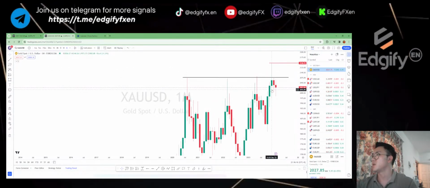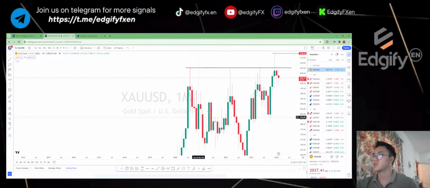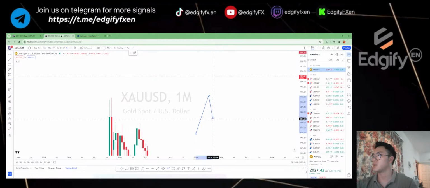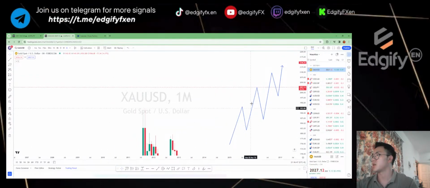Okay, so based on this as well, even though it has an all-time high, it doesn't mean that it's going to go higher, right? But not forgetting, on the monthly, this is your outer structure. Let me just do it like this. What I meant by outer structure is what you see like this, right? This is what you see on your outer structure. But if you look at this movement,